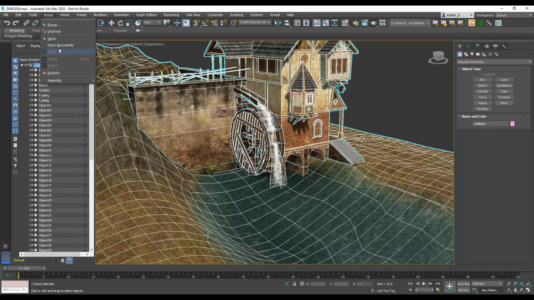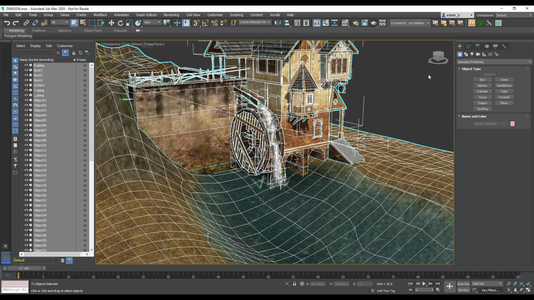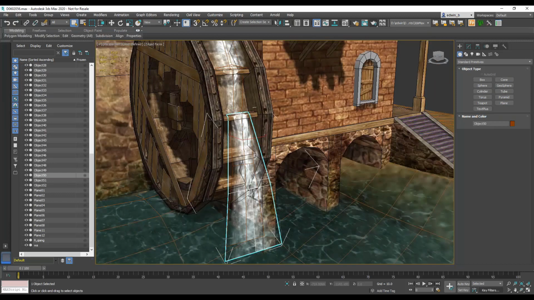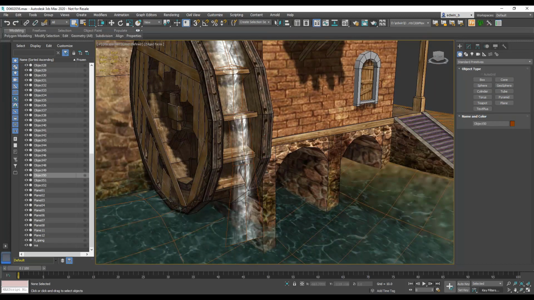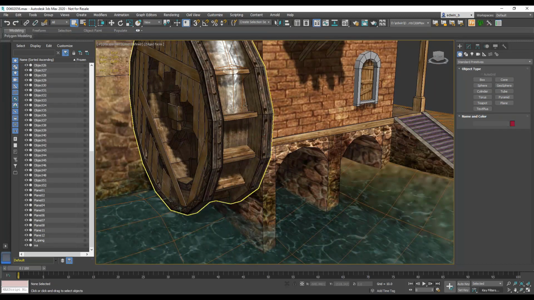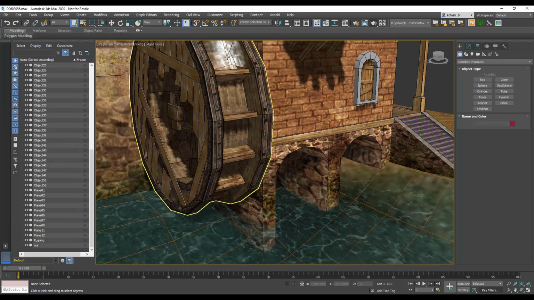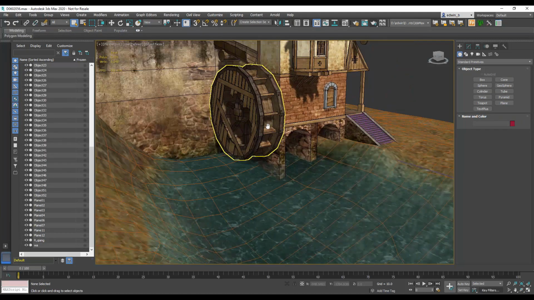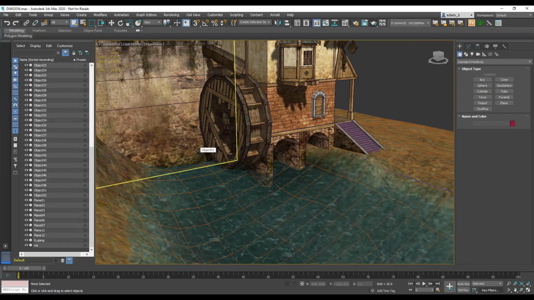So the first thing I would do is just ungroup everything so that I have access to the stuff. Then what we want to do is we want to get rid of these sprites or planes that are not real visual effects, so they are just projected planes with a texture on it,